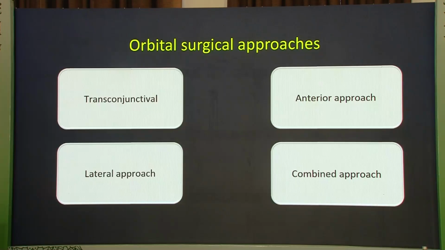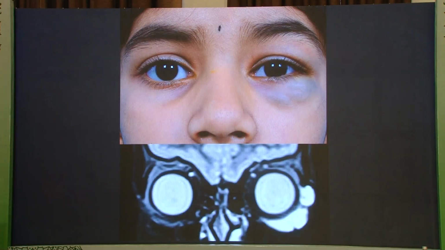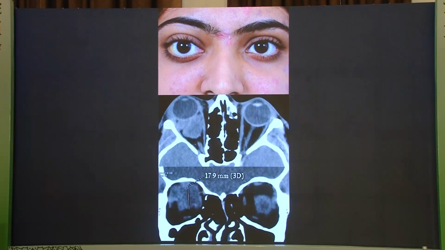Now we have various presentations that occur around us. If you can see this patient, this is a patient presenting clinically with a bluish discoloration over the left lower eyelid, and then there is radiological evidence that there is a mass in the orbit. So we have to keep that in mind. What could this be? Any guesses? It's a venolymphatic malformation or an orbital varix, if you have to say, but those are the two differentials.